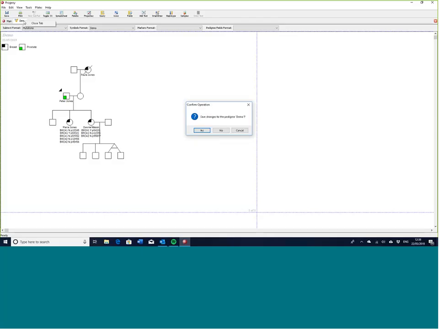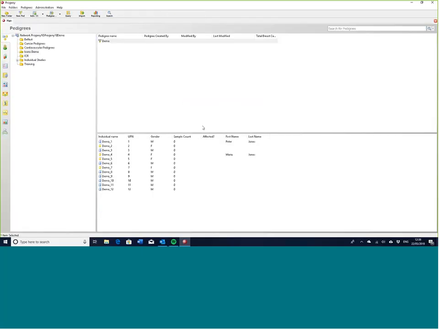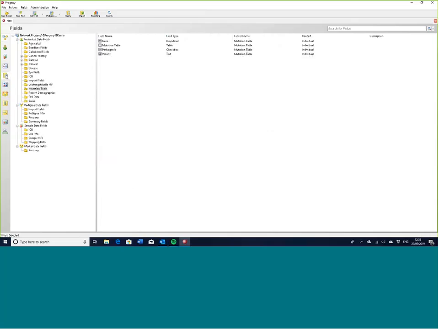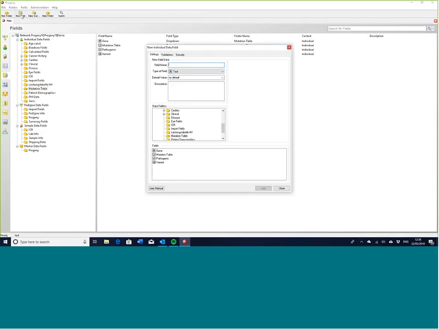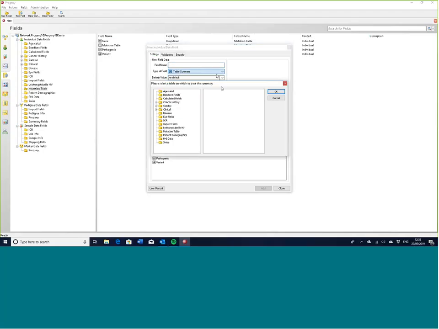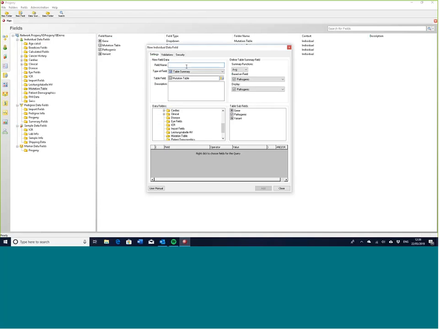First of all, let's close this pedigree. We'll save the changes. We'll go down to the Fields tab. We're going to work in the same folder as a mutation table. So the first thing we're going to do is that table summary field. So we're going to select table summary. We're going to base it on the mutation table in this case, like so. And we're going to call it count